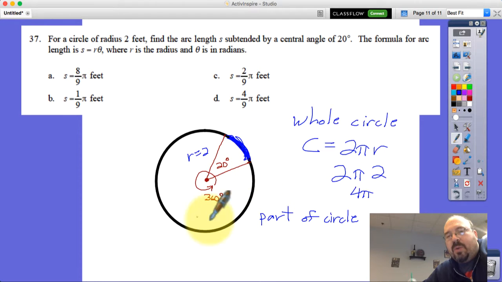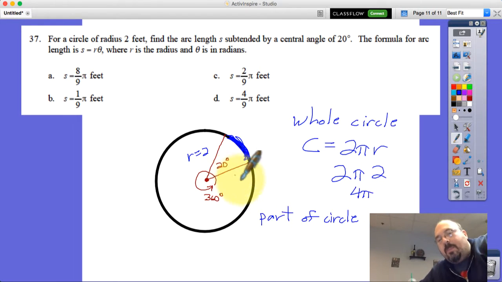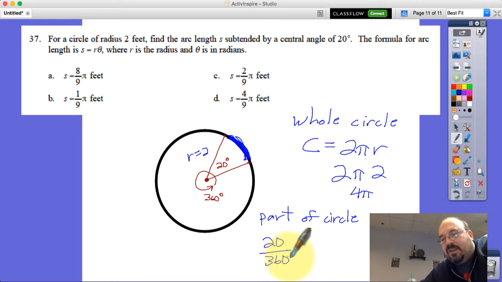If you go all the way around the circle, you get 2 pi r, which is 4 pi. What part of the circle do we have? Well, out of 360 degrees, we have 20 of the 360 degrees that we need for a full circle. So we take this fraction of the circle and we multiply by 4 pi